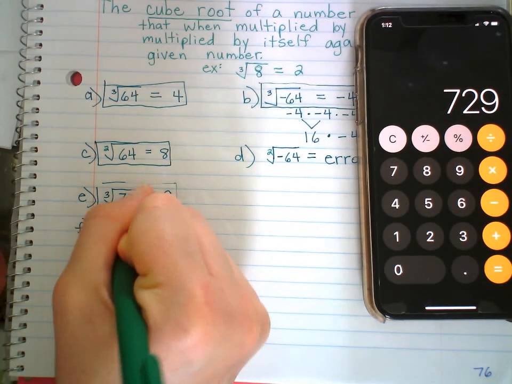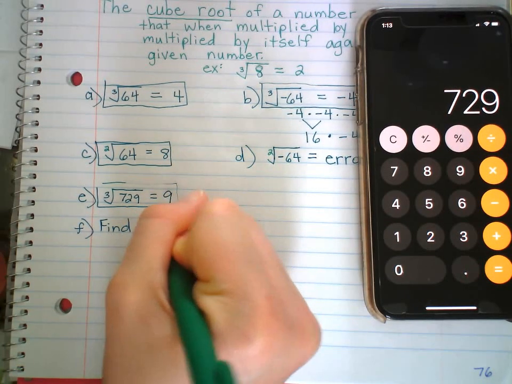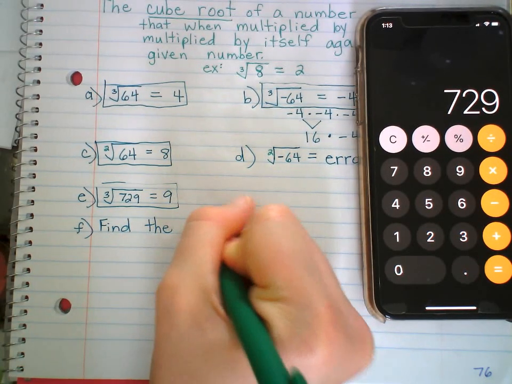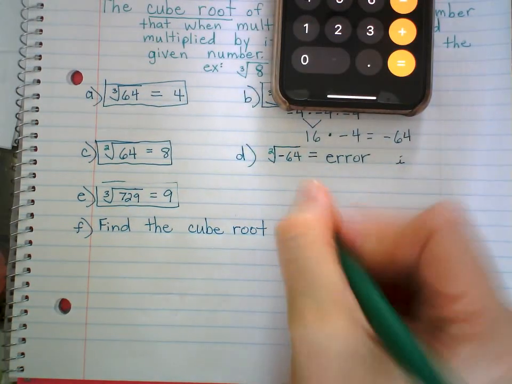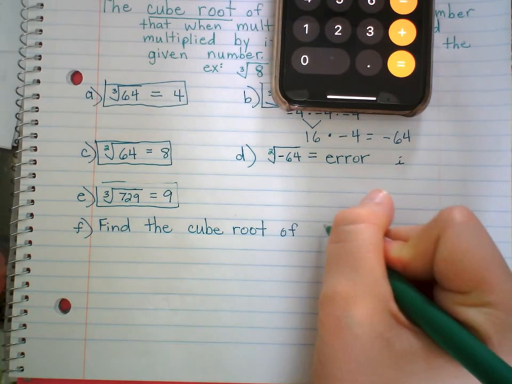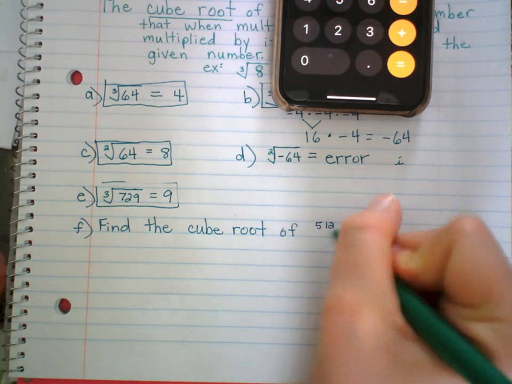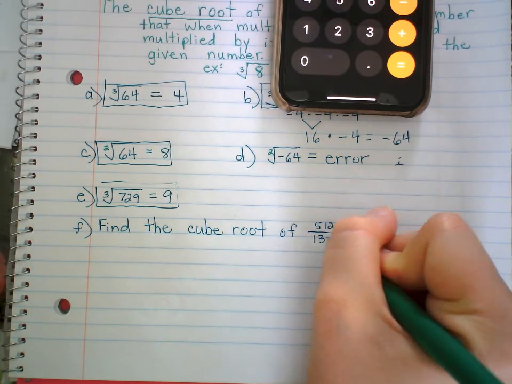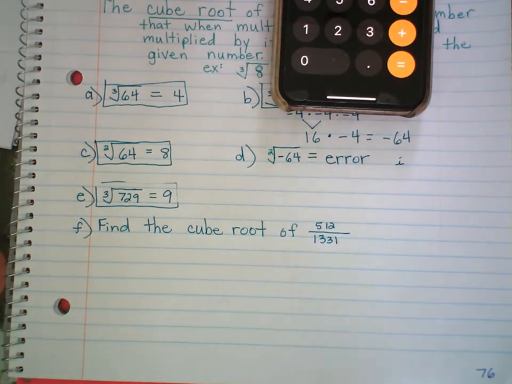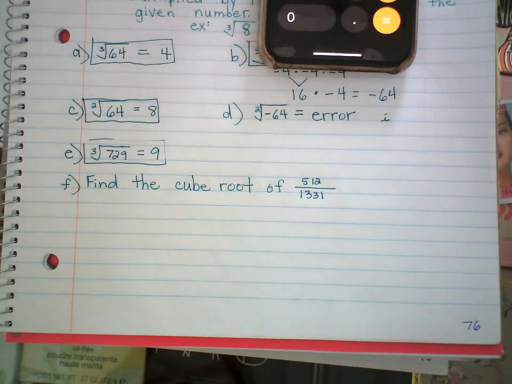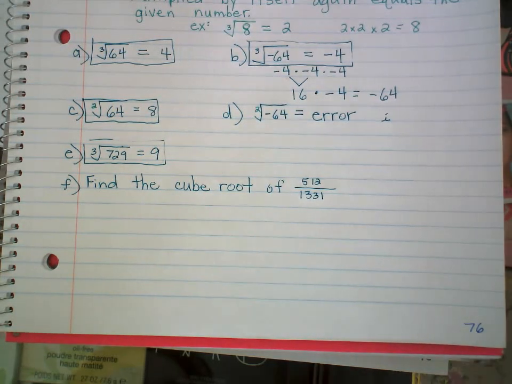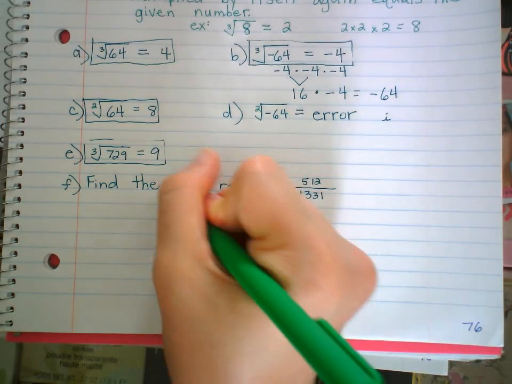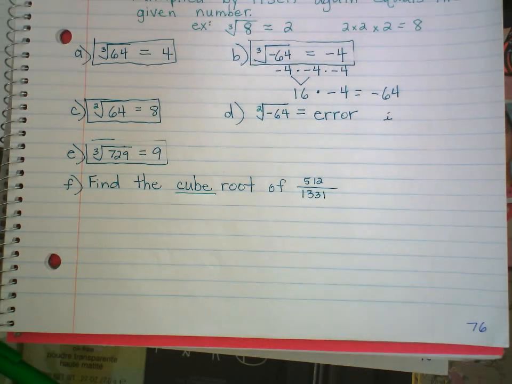Find the cube root of 512 over 1,331. So if the instruction said find the cube root of 512 over 1,331, what would you do? Well, first you have to pay attention. It says cube root. So cube root,